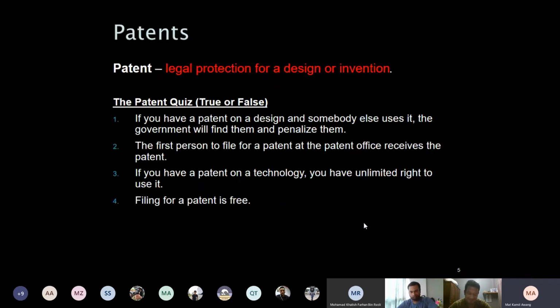What the court will do is ask if you can prove that the patent is yours, and if you can prove that that person actually infringed on your patent. If you can prove that to the court, the person who infringed your patent will be penalized by the courts. So basically, they pay you for the infringement that they have done. They don't pay the government, so the government will not penalize them.